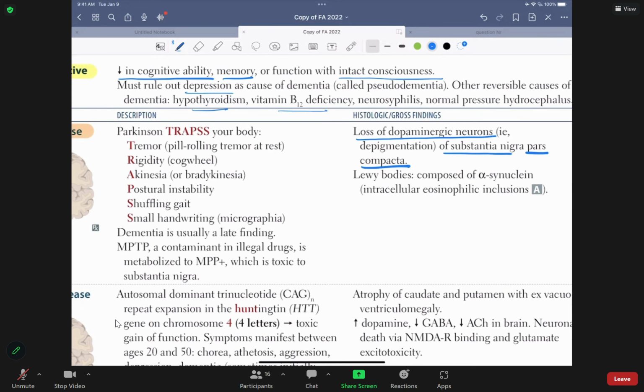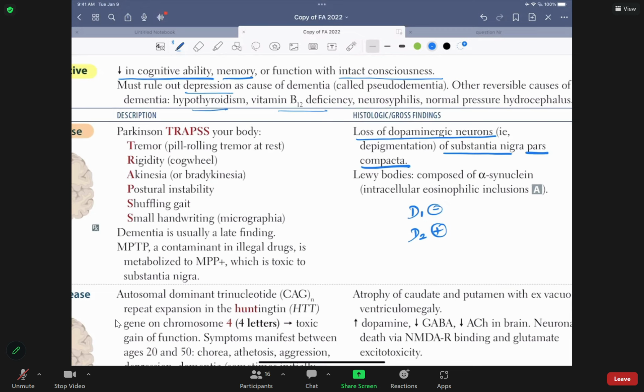The old NBME used to have a question: which of the following is affected in Parkinson's disease? They give you pars compacta as one option, pars reticularis as another, okay? So those NBMEs are gone, but it's still a concept. So when there is no dopamine, what will happen in this patient? D1 inhibited, D2 stimulated. Is that clear, folks? This is what's happening in this patient.